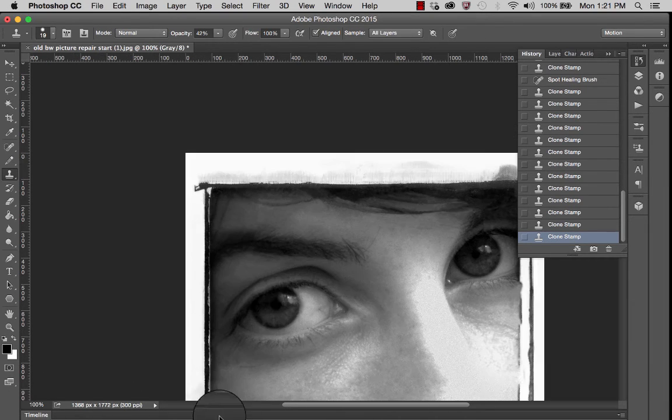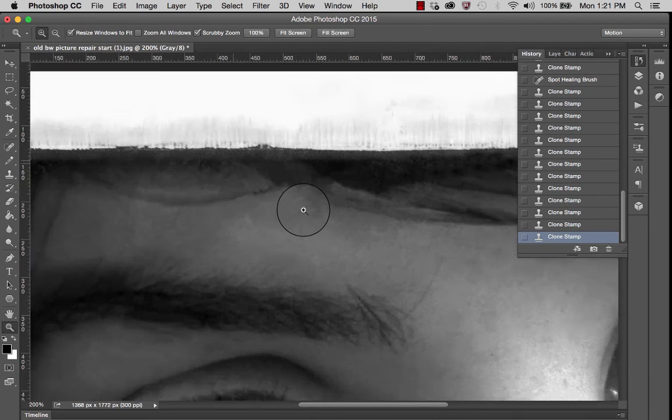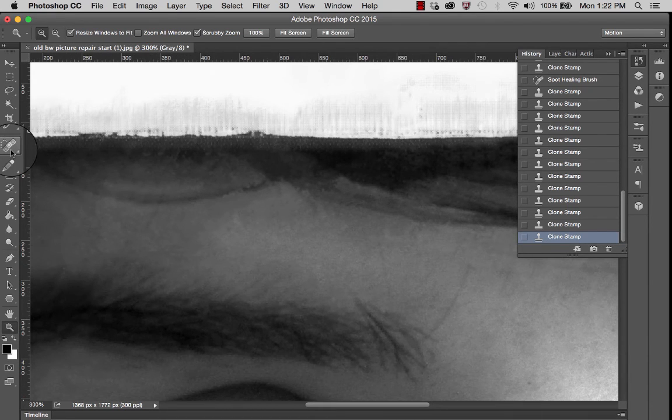Okay, and let's zoom out again, take a quick peek. I don't like the way that looks right there. So I'm going to take my